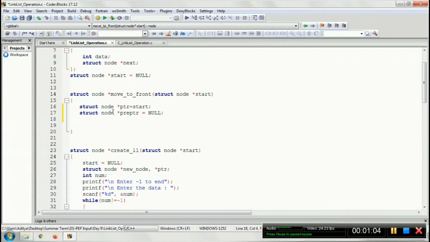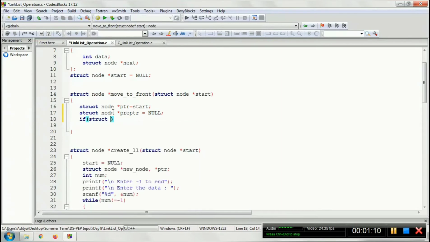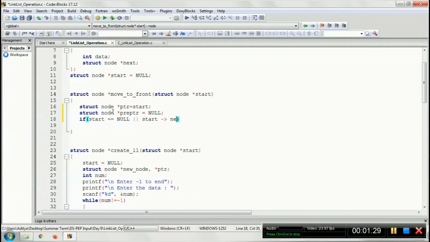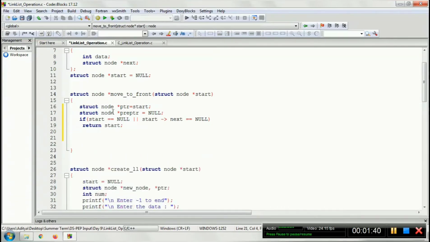Now first we will try to find if we have only one node or two nodes. In this case, like 0 node or 1 node, this particular program is not going to work for us. So that is the first condition I am checking. If the start is equal to null or start next is equal to null, in such case directly return start. Just consider the 0 nodes or 1 node, because whenever you have 0 node or 1 node, this thing is not going to work.